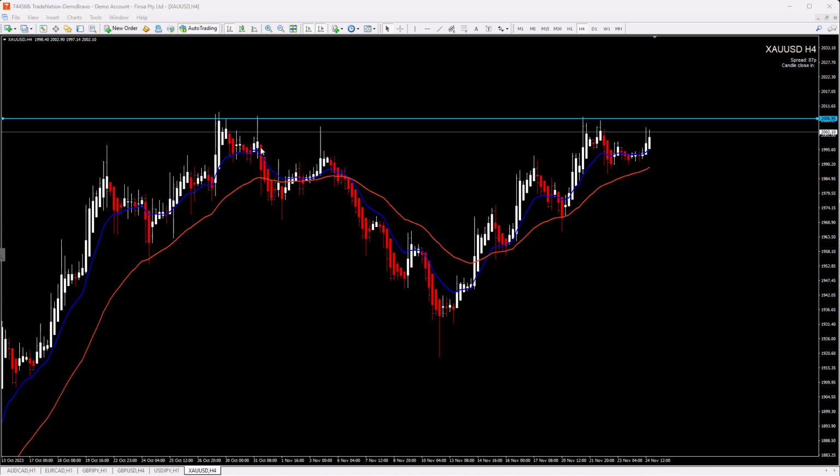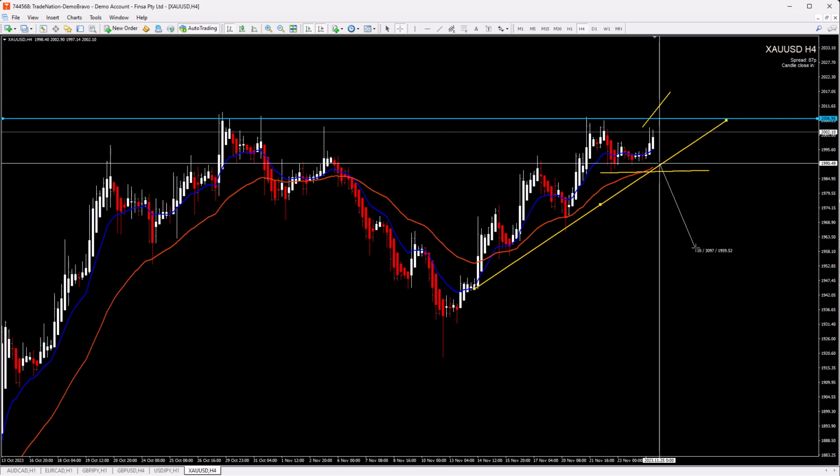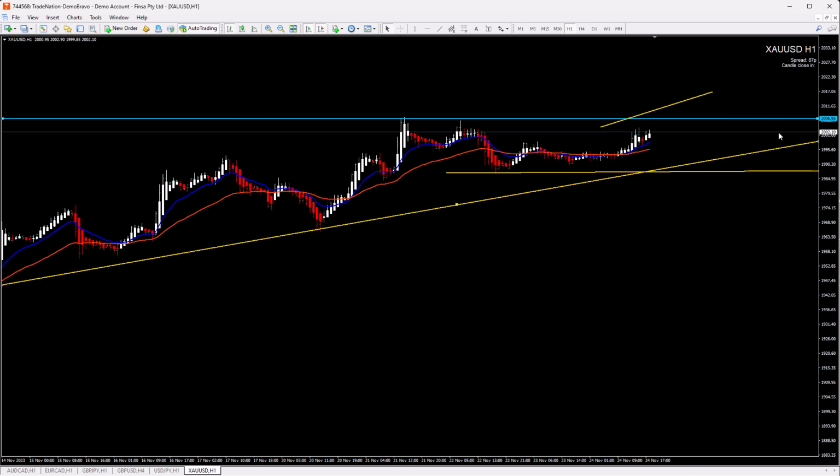Yes, and basically we have a setup here. Yes, target this. So you see now we are around the resistance. What we can do now is wait for a breakout of this resistance definitely, and then start to pay attention for some setups, or if we get a breakout, no, we don't have a good line here. After a breakout of this previous bottom with the 36 EMA here, you can look for short scenarios and target the daily level. If you go to the 1-hour chart,